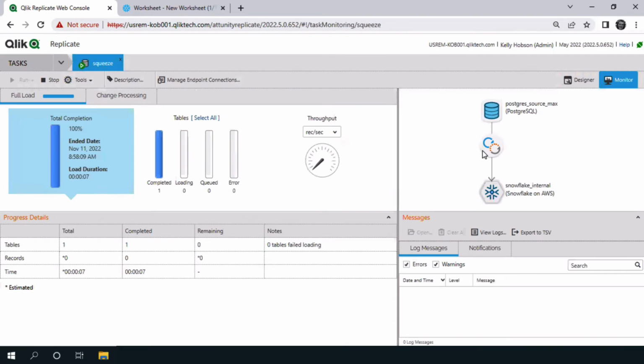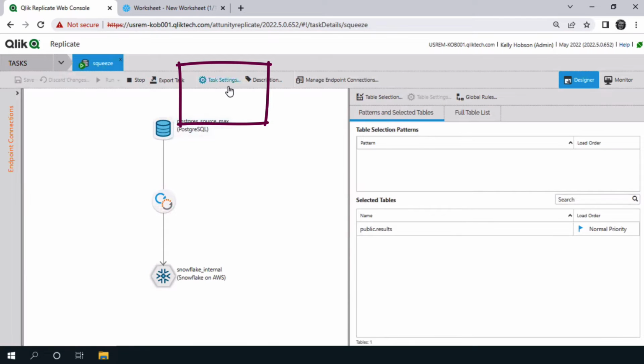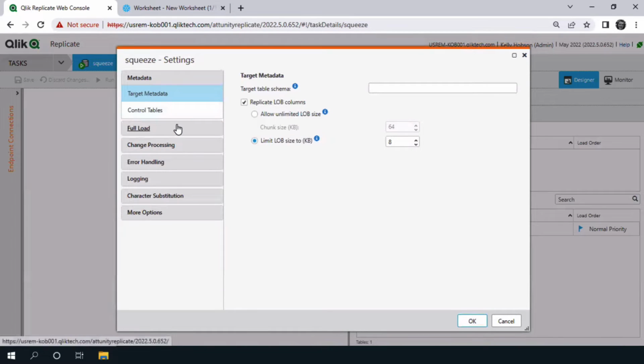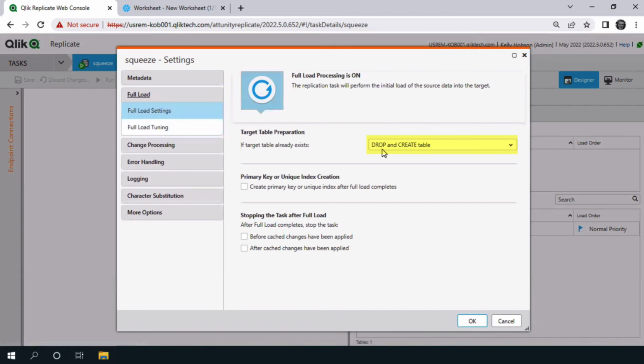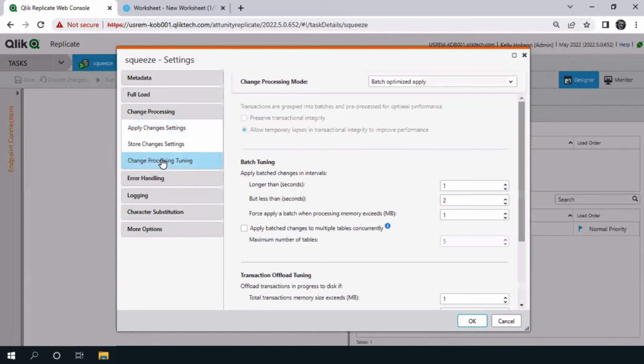But here we can see that the change data capture is waiting for changes, but right now there's nothing happening. Can we take a look at those task settings? The first thing, this full load setting is drop and create. That's why I recreated it on the target. But the most important thing is within change processing, change process tuning, we are in batch optimized apply, which is